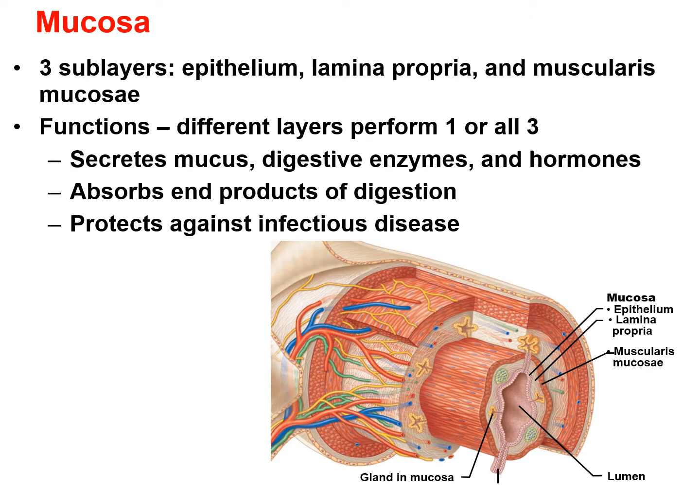So we're going to look at these layers in more detail. We're going to start with the most internal layer, the mucosa. The mucosa is going to be closest to the lumen, or the central opening of the alimentary canal. It's this region that I'm marking in red right here. The mucosa itself has three sublayers, and again, I'm going to give these to you from most internal to most